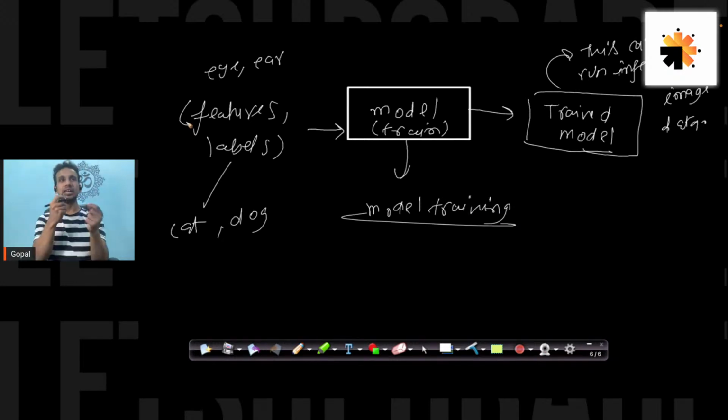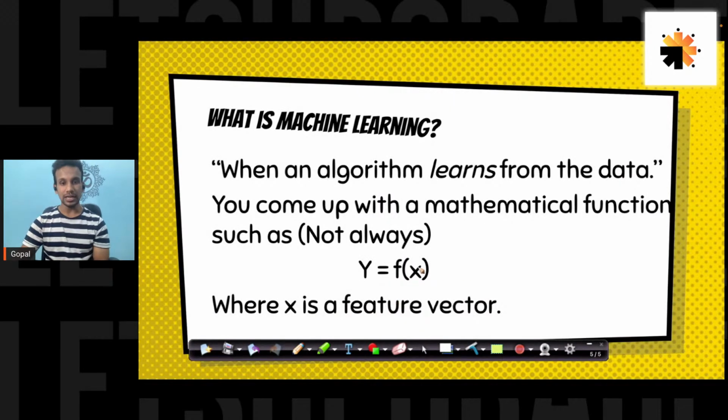Okay, model training, basically training your algorithm to make a decision about whether it is a cat or a dog. All right. Now let me come back here. That is what I am referring to here: the feature vector. A vector is more of a mathematical term. Like, a vector is a one-dimensional array in Python. But right now we are not studying vectors, so we'll not touch upon it either.